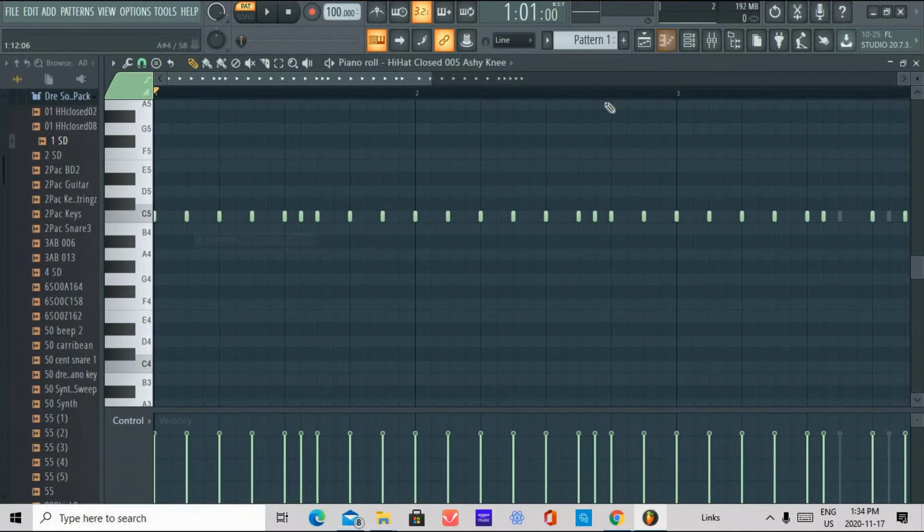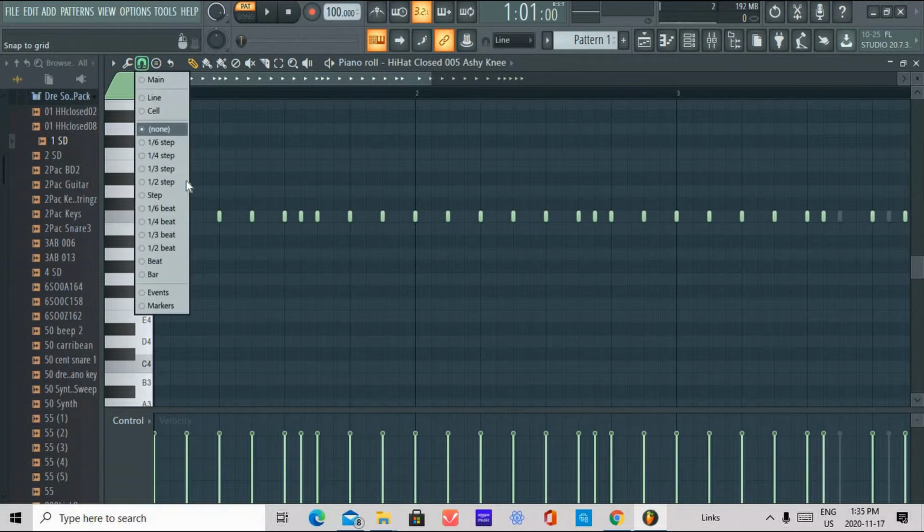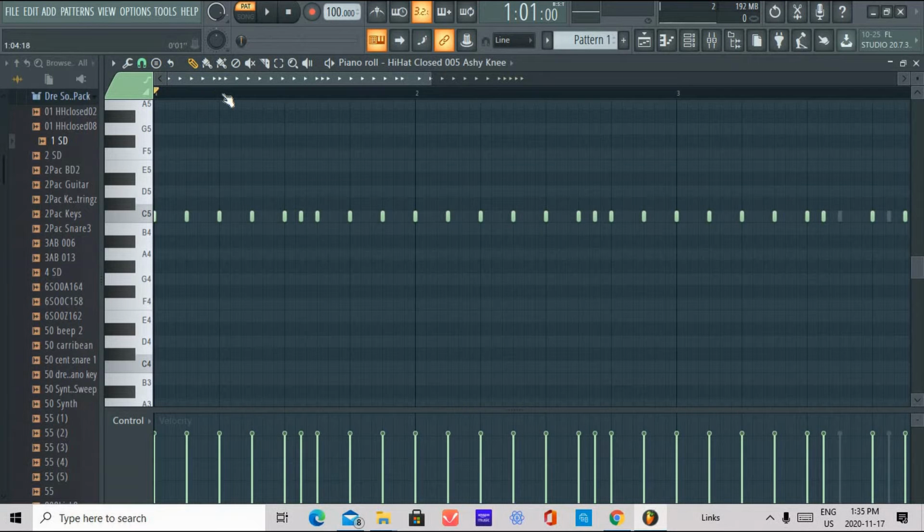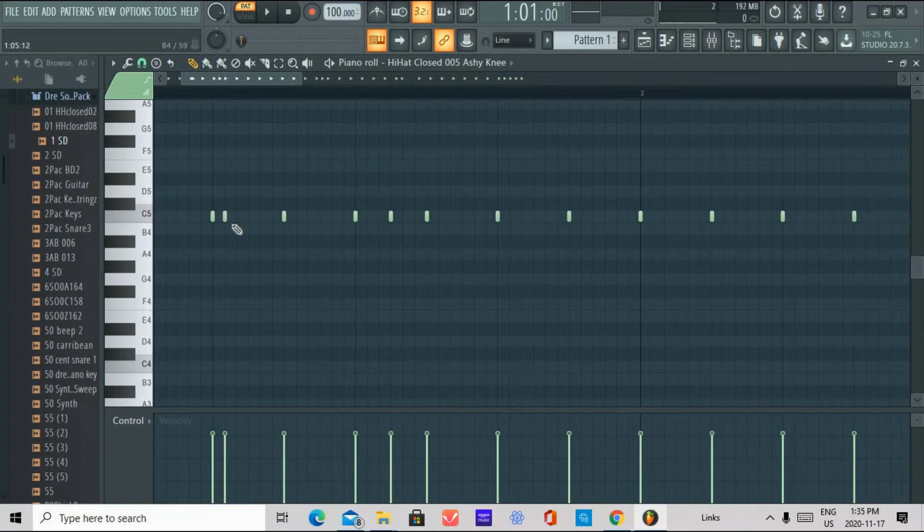You go to piano roll, and then one way to do this is to click your horseshoe looking thing here, snap to grid settings, and you go to 1/3 step. Then you can either manually place them like this,